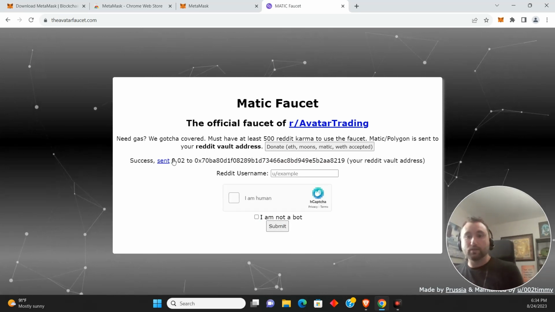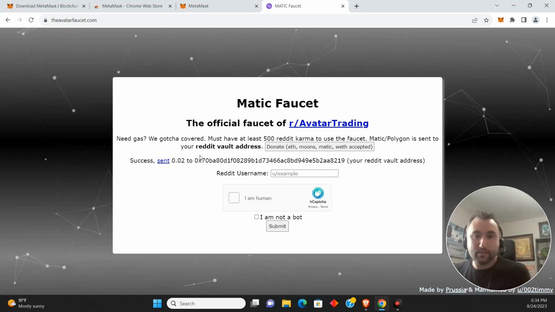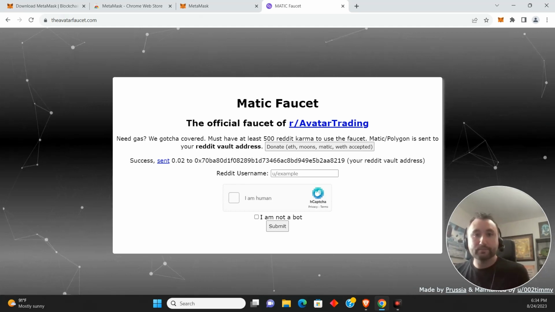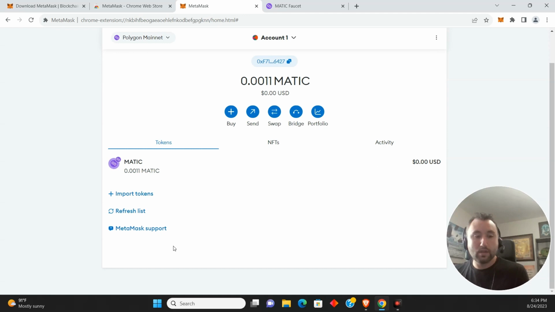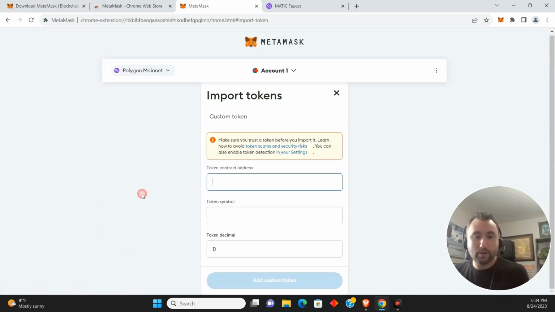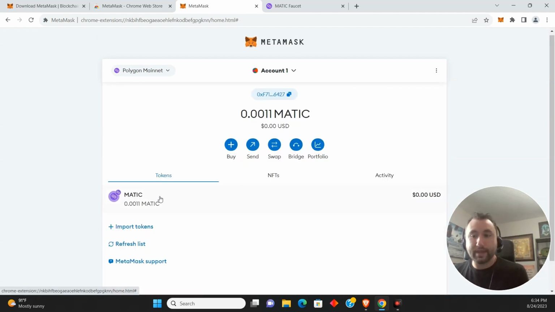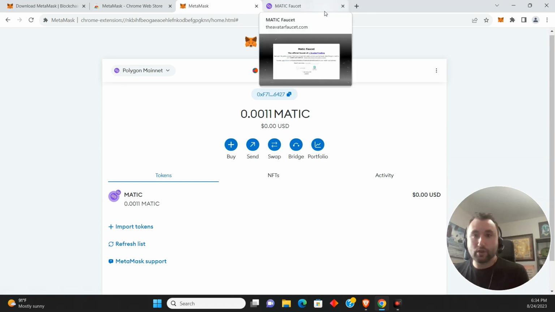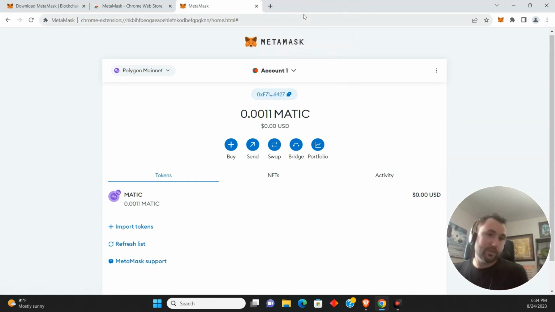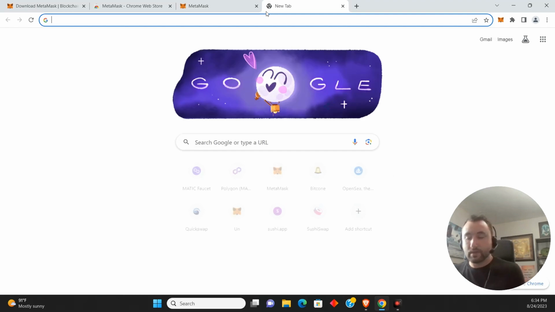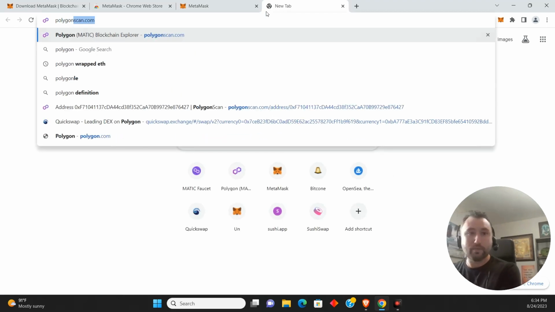Submit. Boom. So it funds the wallet with a tiny bit of Matic. But additionally to this, we will want to import tokens and we'll want to import wrapped Ethereum and Bitcoin. So we will start with wrapped Ethereum. That's an easy one. So you're going to go to